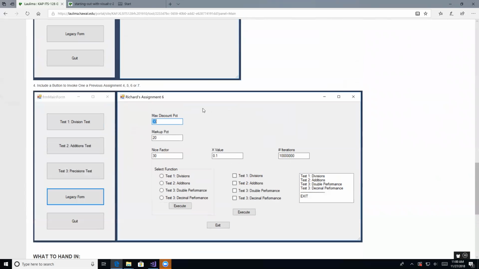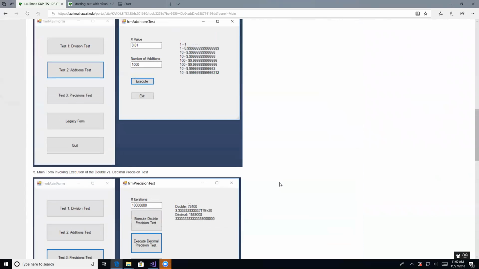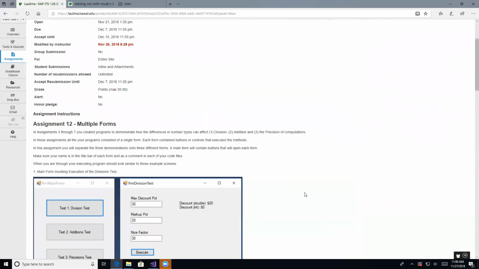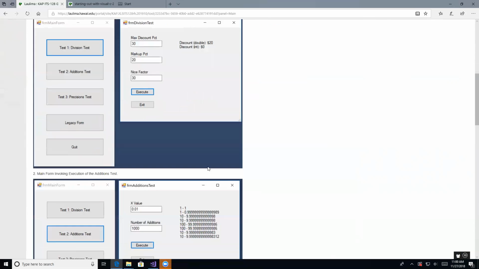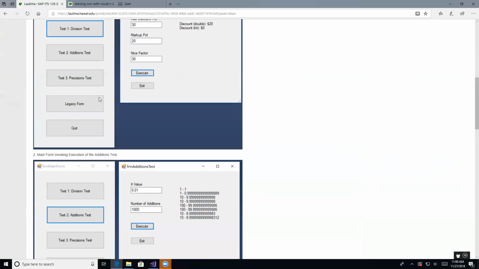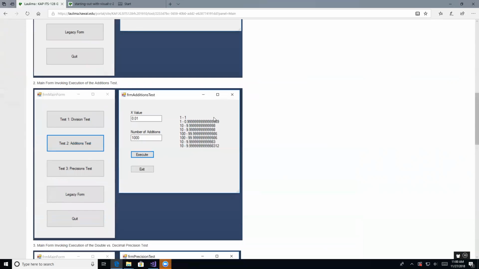And so that's what this does. And then here's a quit button. And the reason this assignment is relevant in this chapter is because each one of these forms is a separate class. So this is the first assignment where we're doing multiple forms, and since each form is a class, it makes sense to do it very simply,